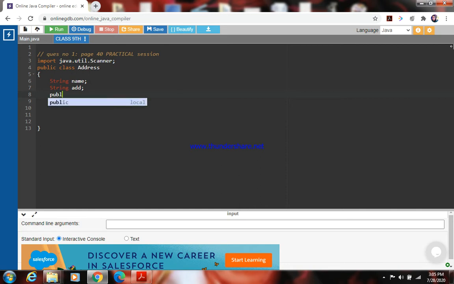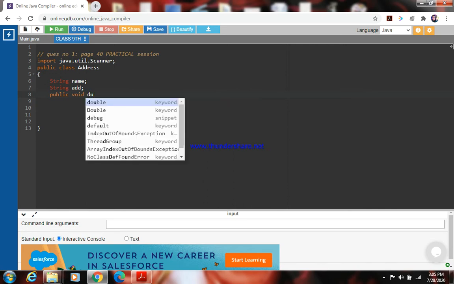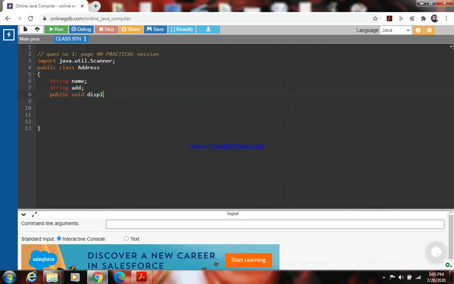Now we have to write public void displayAddress. This name is given to you, the method should be named like this. So displayAddress is the method name in which we will pass these 2 values.